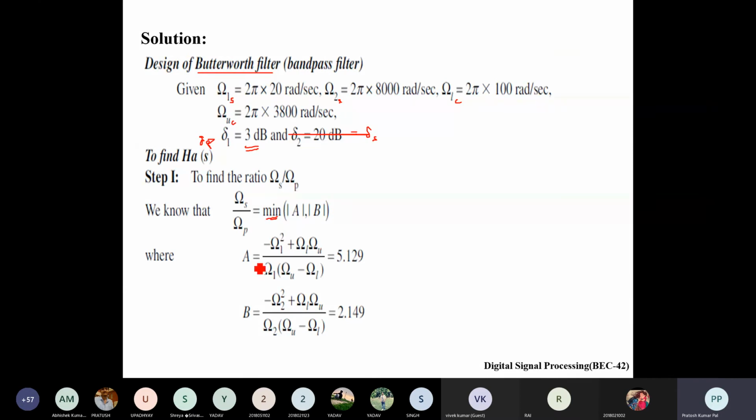So we will be finding a value that is given by this, by including all the terms, cutoff, stop band attenuation and pass band attenuations. By considering this, we will be finding out a value this and b value this. Out of this, whatever will be the minimum value, that will be satisfying the given particular condition. If we choose the higher value, what happens?